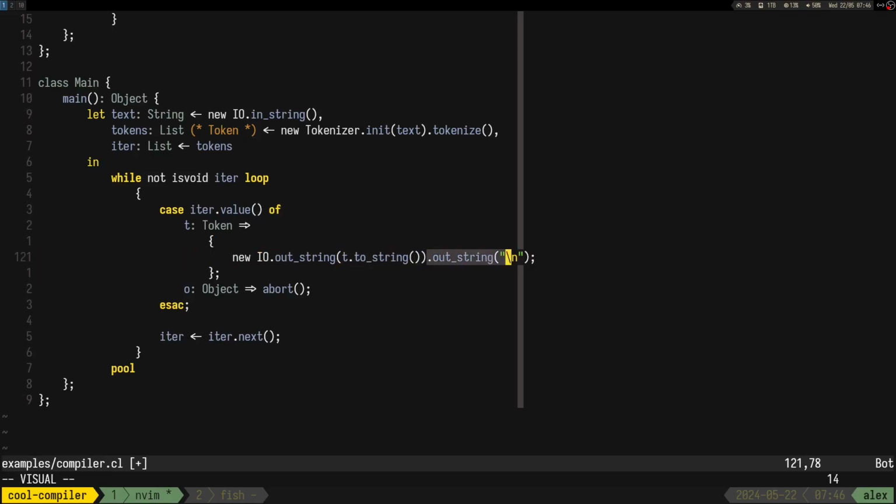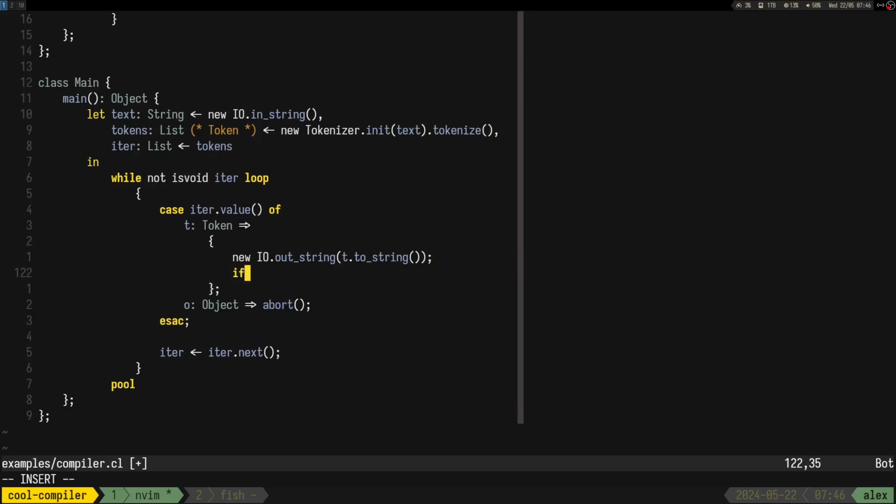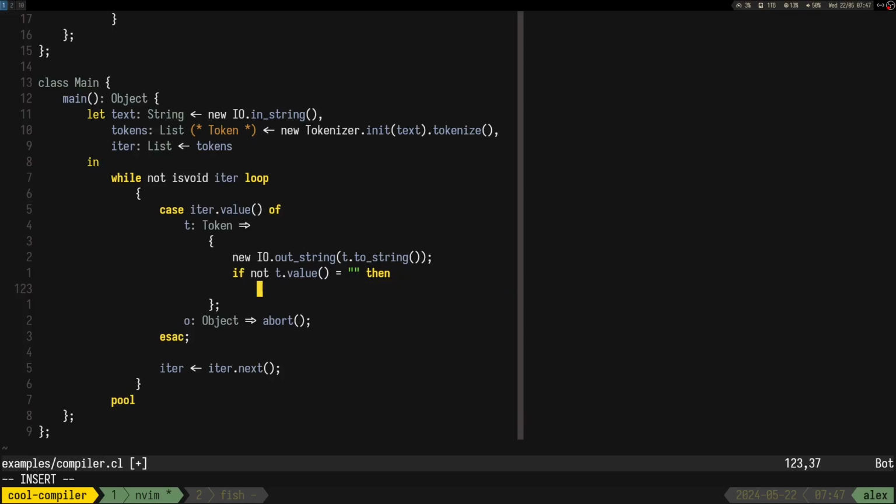So we put that string, then if t dot value is not equal to that, then new io dot out string t dot value.